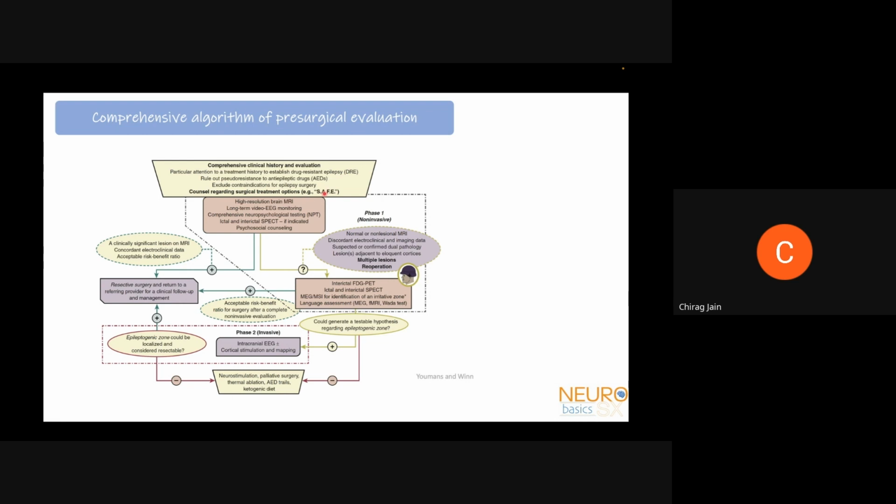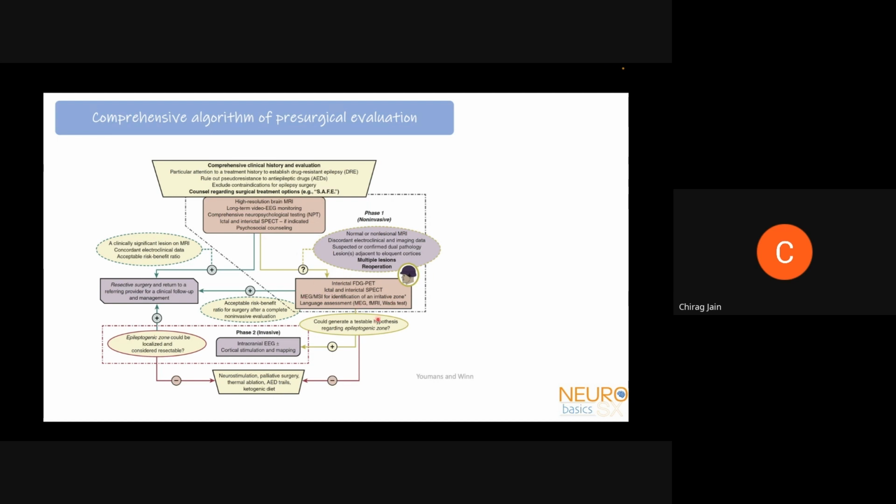So you're just trying to first establish if the patient is a good candidate for surgery, followed by your basic level evaluation: high resolution brain MRI, long-term video EEG monitoring, and neuropsychological testing. Those are the three main things you have to do for all patients at level 1. Now, if this indicates that the patient is a good candidate for surgery, the patient can directly proceed to surgery. But if you have any doubt and think the patient is not a safe candidate for surgery,